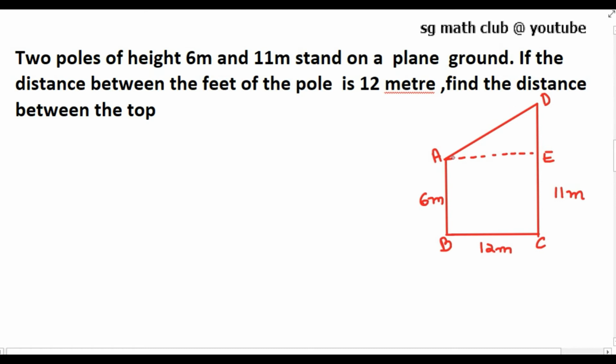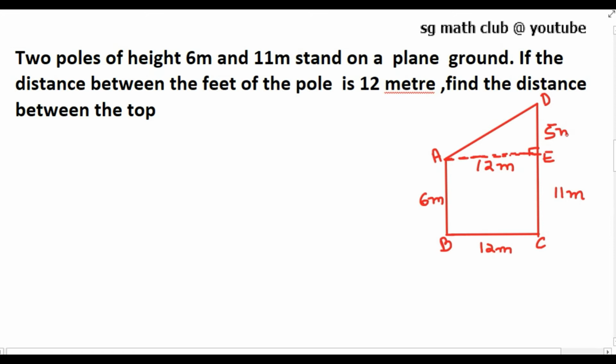AD length I need to find. For this I can construct a right angle triangle so that I can easily find it using Pythagoras theorem. To construct the right angle triangle, I have joined AE. Now ADE is a right angle triangle, and we know that this distance AE is 12 meter and DE